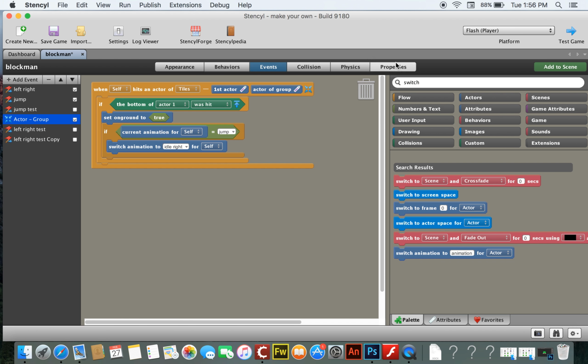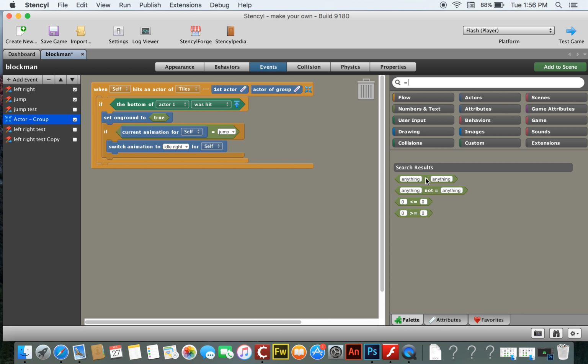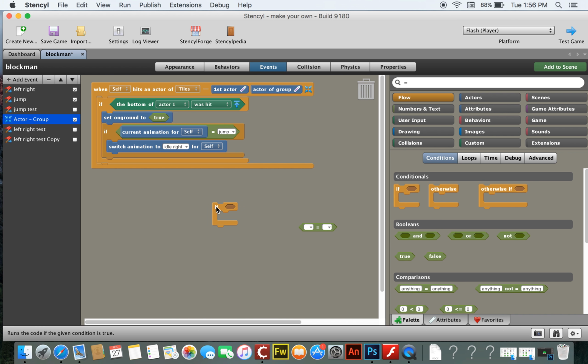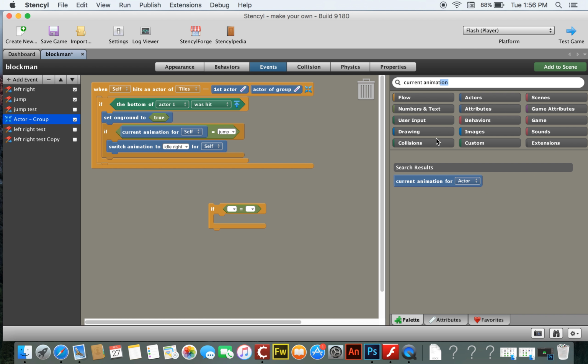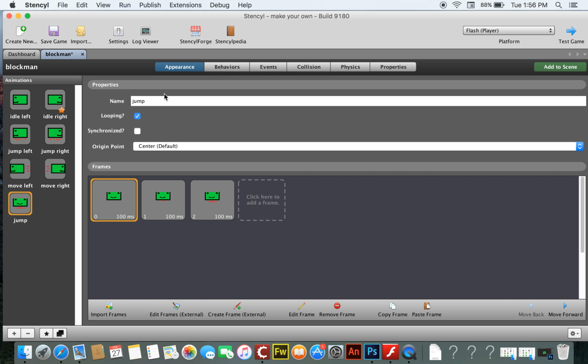So you're going to say if, and then make sure you get the equals. So I'll show you where these are. Equals, we want if. Alright, and then we're looking for current animation. Make sure it's for self equals jump. So if this animation equals jump, which we're getting from here, jump, case sensitive,